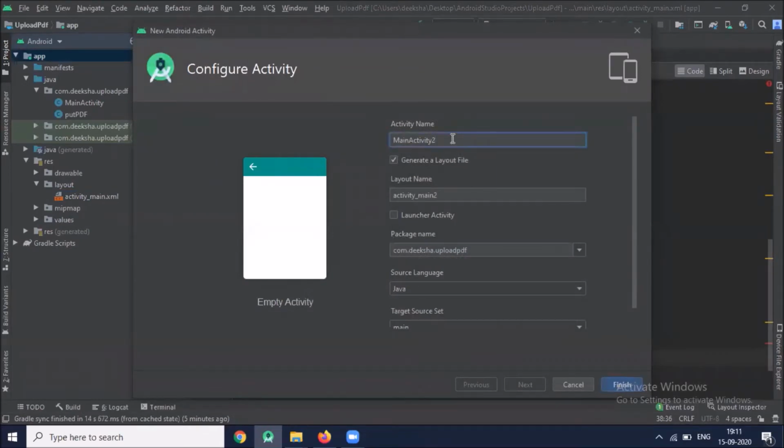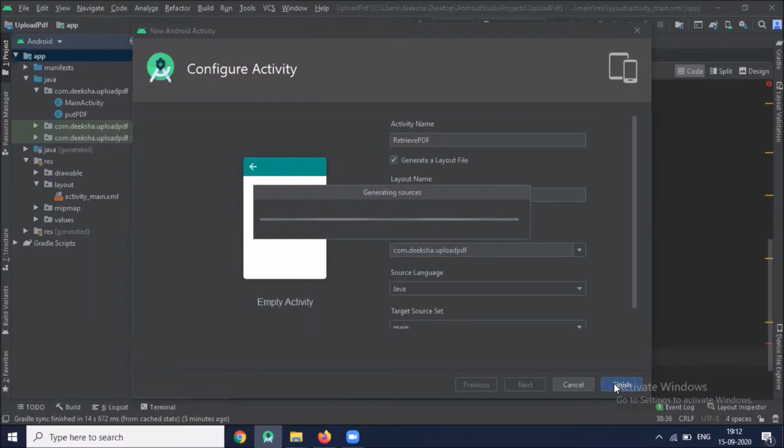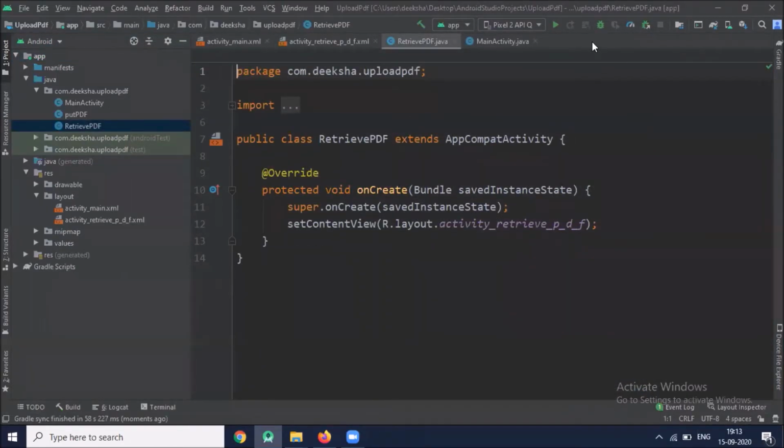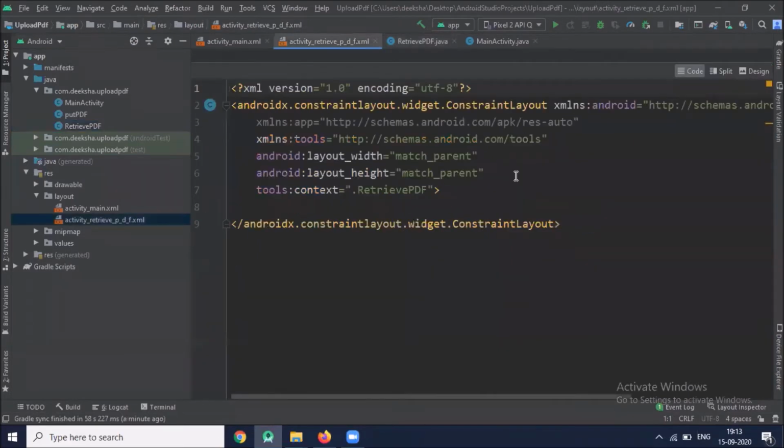In this activity, we are creating to display the PDF files in a list view. Now open activity_retrieve_pdf_files.xml. Here we place one list view.